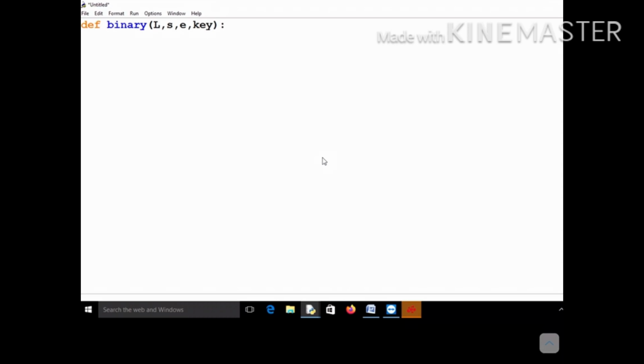Now what is the first thing that we are going to compute? As I have written it here, key is already known, so you need not write it. So you first compute M and you write it equal to integer of (S plus E) by 2. So you first need to find the mid, M. Now after you have found M, you need to check if LM is equal to key or not. If LM is equal to key, your job is done. Then you just print the message, key found at index, and then print the value of M, that is your index position.